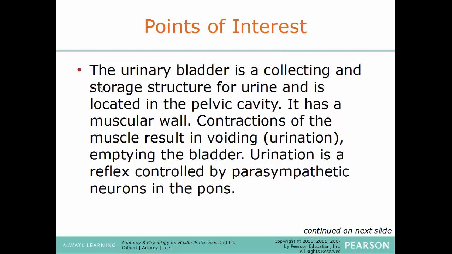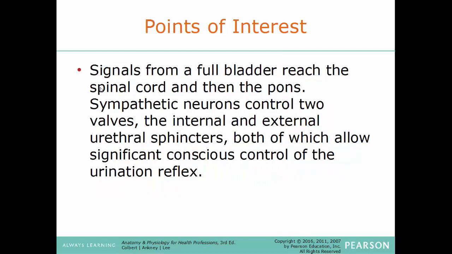And urination is a reflex that is controlled by the parasympathetic neurons within a part of the brainstem called the pons. Signals from a full bladder reach the spinal cord and then onto the pons. The sympathetic neurons control two valves, the internal and external urethral sphincters, both of which allow significant conscious control of the urination reflex. So you can't control the contraction of the bladder, but you can control if the sphincters